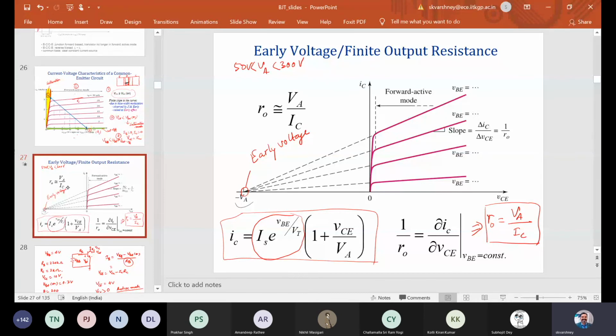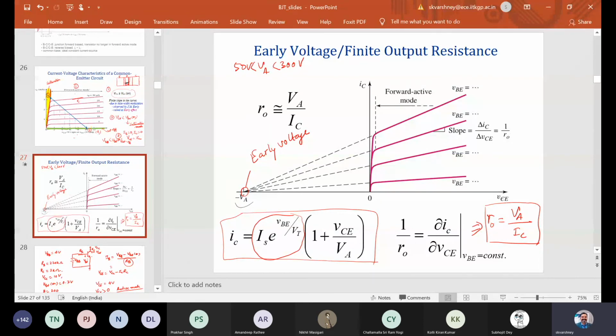Since this is an output characteristic, it is between the collector current and the output voltage. So it has a finite slope, a resistance. So it has an output resistance R naught, which we can write in terms of the equation. If we have the change in collector voltage over the change in collector current, delta VC over delta IC, that would simply give you R naught. So that gives a finite output resistance. This is an extrapolation, so it was an experimental observation.